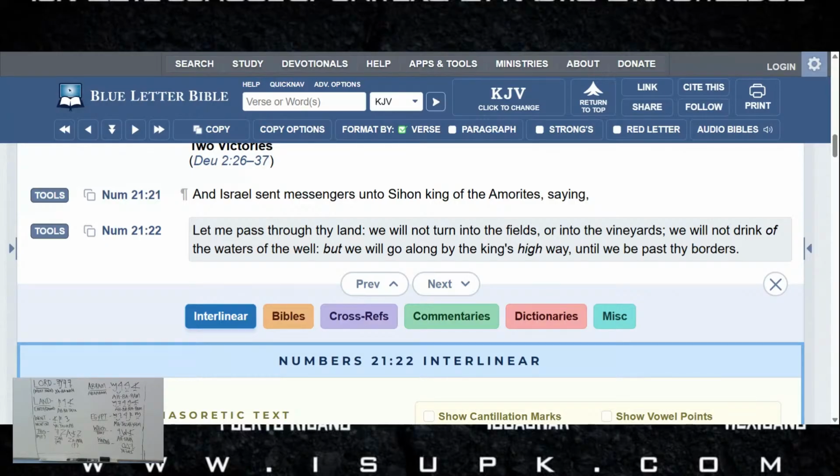Now, blacks, Hispanics, and Native American Indians, we make up the 12 lost tribes of the children of Israel. So we are Israel, blacks, Hispanics, and Native American Indians. Okay, we are not nowhere near related to Africans. We are the cousins to the Arabs, the twin brother of the white man. Okay, so we are the twin brothers to the white man and the cousins to the Arabs. All right, and that's who we are.